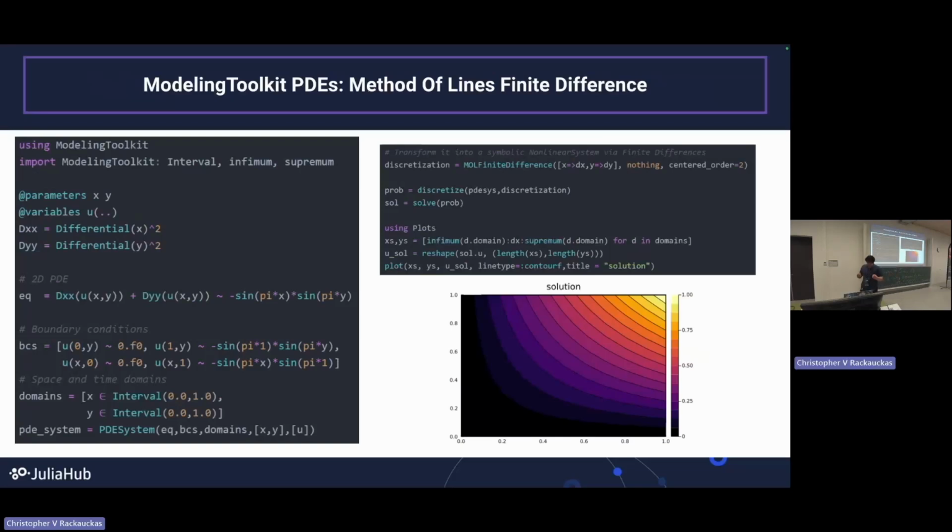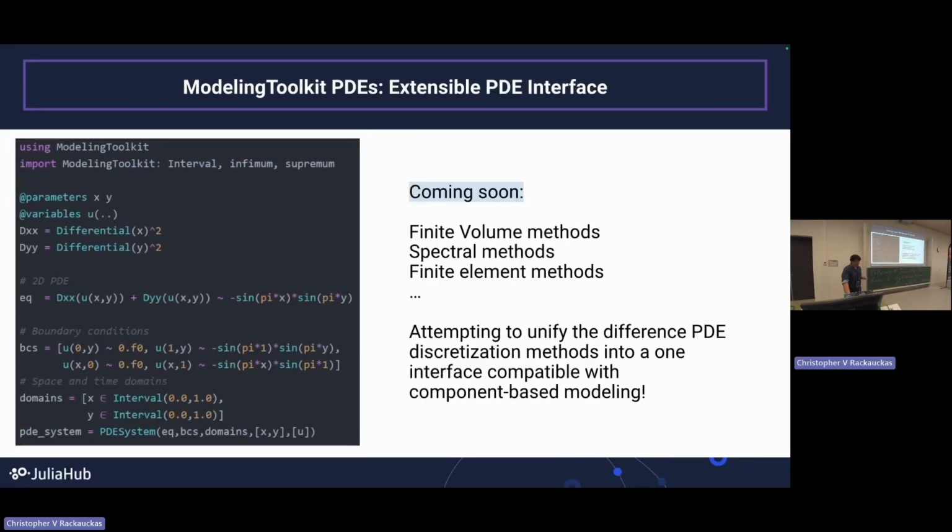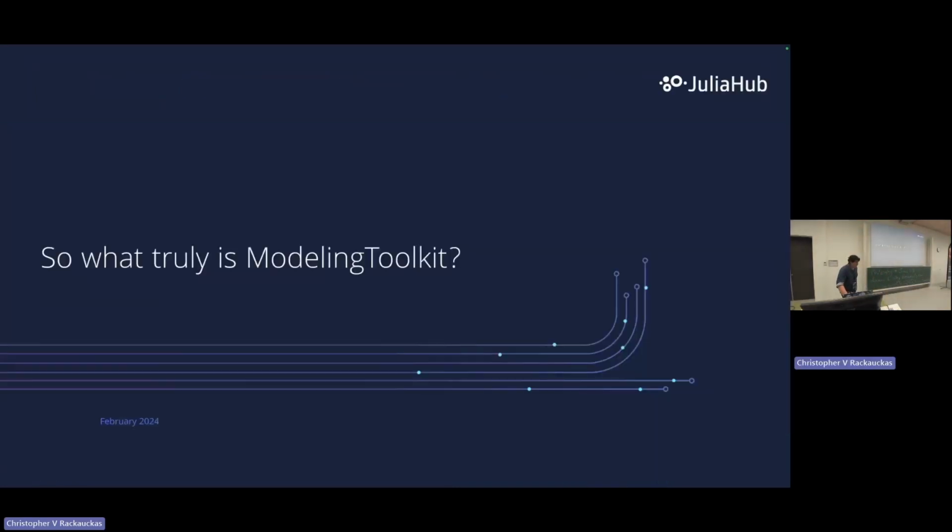So ModelingToolkit at the very core, and why it's useful to everyone who does both industrial simulation and people who do academic work, is that it's a system for transforming between different representations of solving. And there's a whole discussion to be had about this partial differential equation interface, but that's its own talk of its own. So then, this tells you like, okay, if you have big models and want to be able